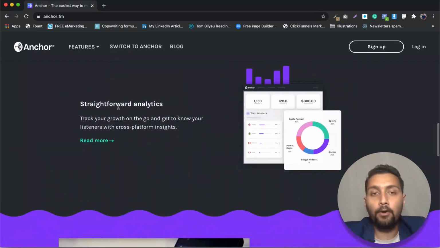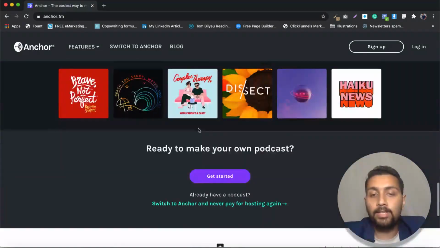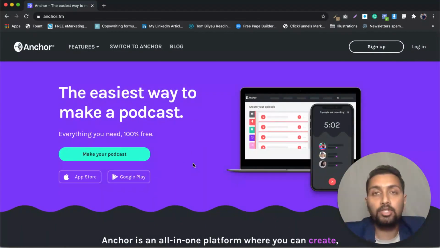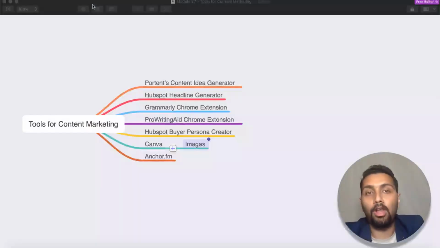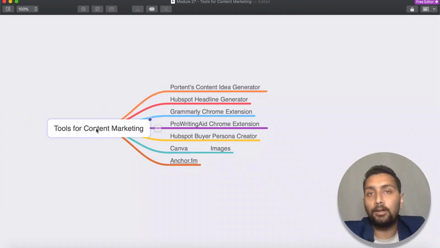Then we have some straightforward analytics to check how many people have listened to your podcast, or if they have shared it ahead or not. So it's very simple. It's a free platform, and you can use this to start creating audio content even today. All right, so that's all about the tools for content marketing that you can use. There are obviously a lot of other tools available. It's up to you to research based on your need. But from my end, these are the tools that you need to create, plan, and publish your content